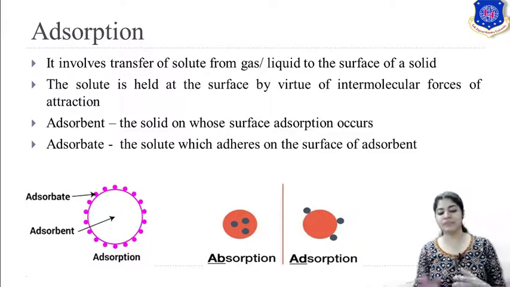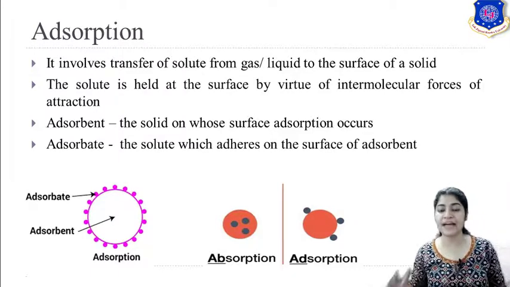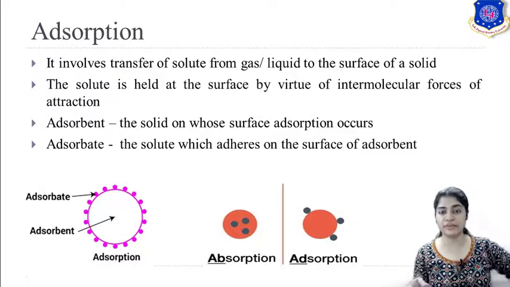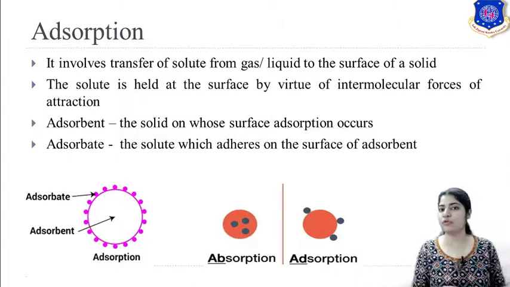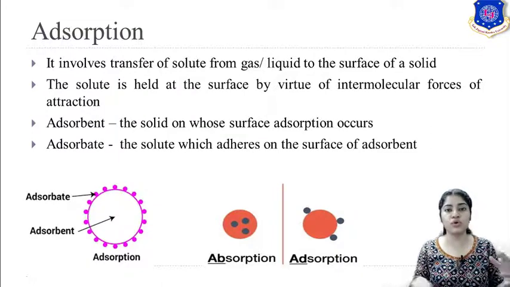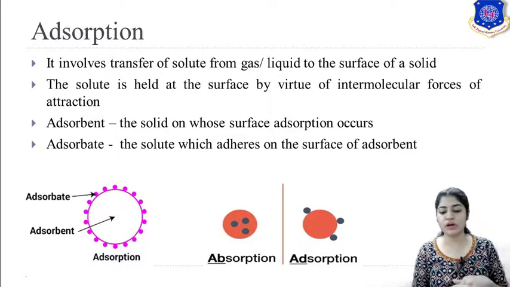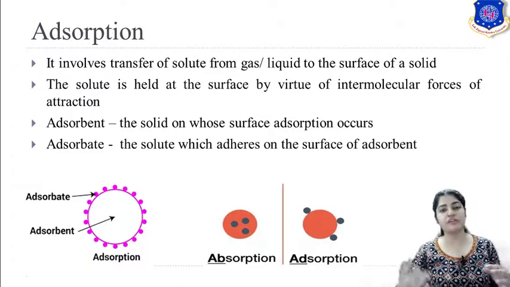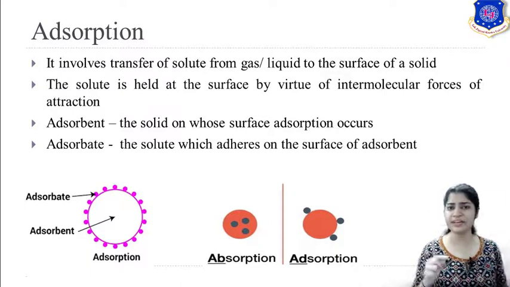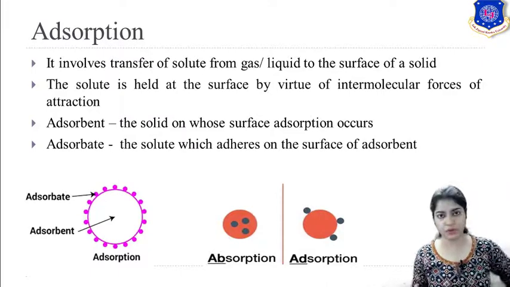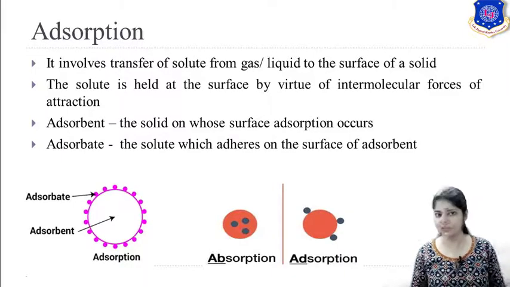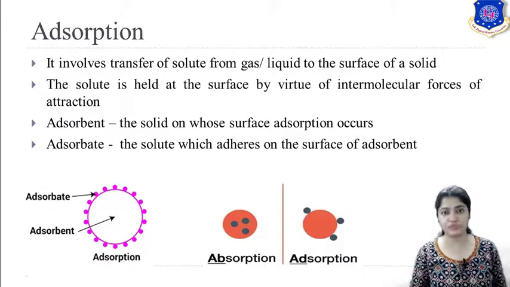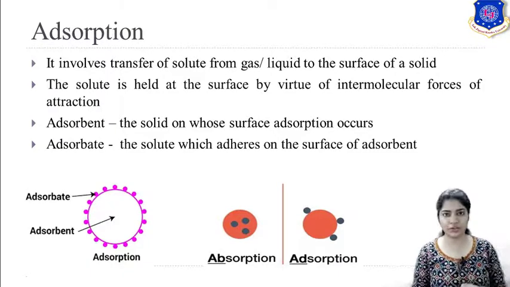Now look at the difference between absorption and adsorption. Absorption is a volumetric process. The molecules of your liquid or gas seep within the pores of your solid and cover the whole volume of your given solid. So in absorption you can see that within the body of it, evenly your solute is distributed. Whereas adsorption is a surface phenomenon. The sticking of your solute molecules is only up to the surface. It is not penetrating within the pores of your solid. So this is your adsorption and absorption.